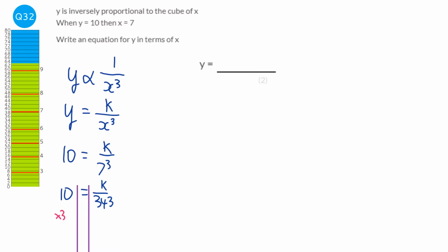So times by 343 both sides to find out what k is. And I'm just going to swap them around just to give myself a bit more space. And we're going to have k on the left hand side here. So that'd be 3,430. So k is